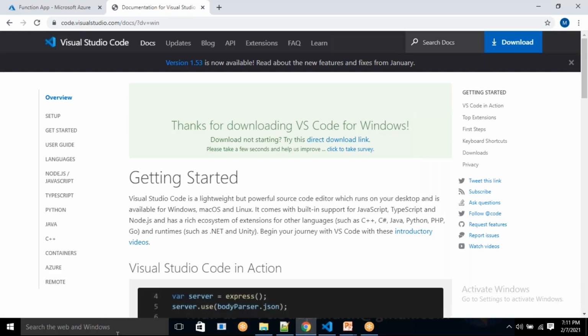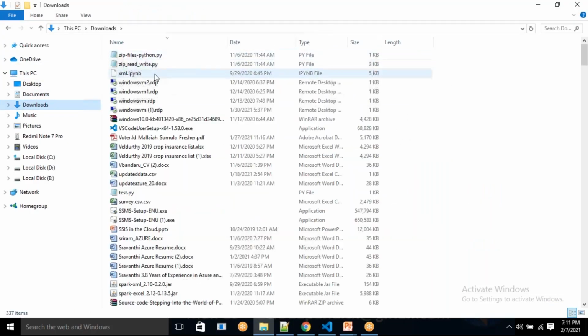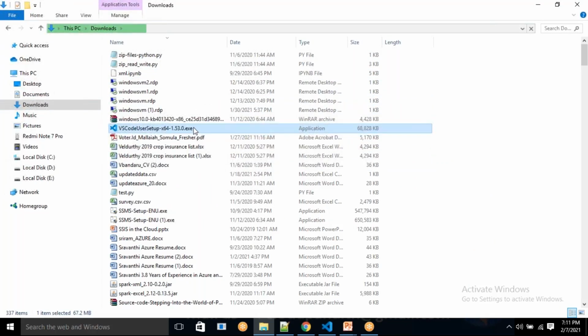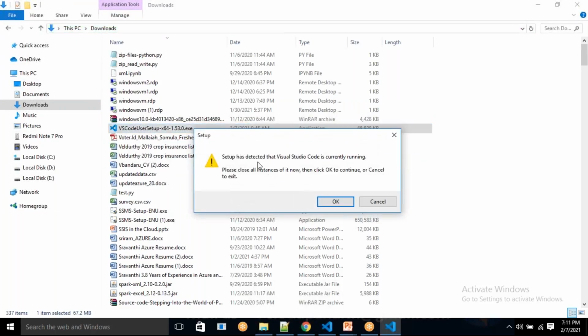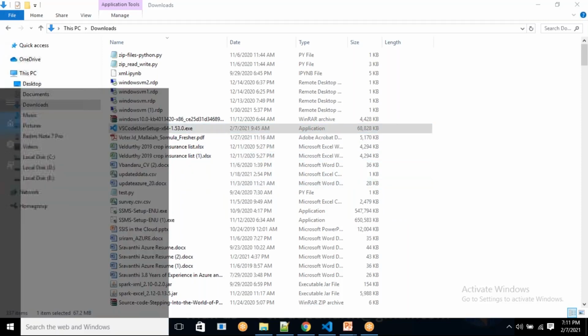Once you download this, let's say you go to downloads. Today itself I have installed, I think, yes, this is the Visual Studio.exe. Double click on this. If you have not installed, you can install. What it is saying, setup has detected that Visual Studio Code is currently running. It is already available. You just double click, you know how to install the software. Next, you can do a very simple installation. Once you installed